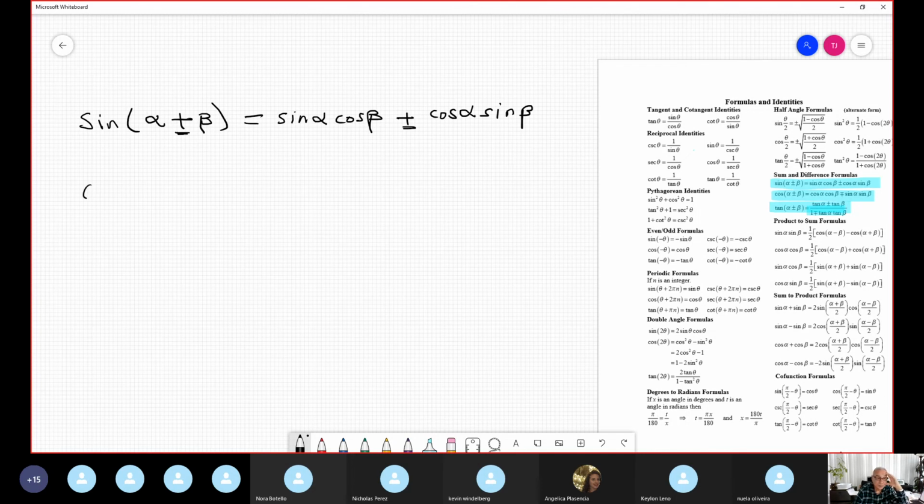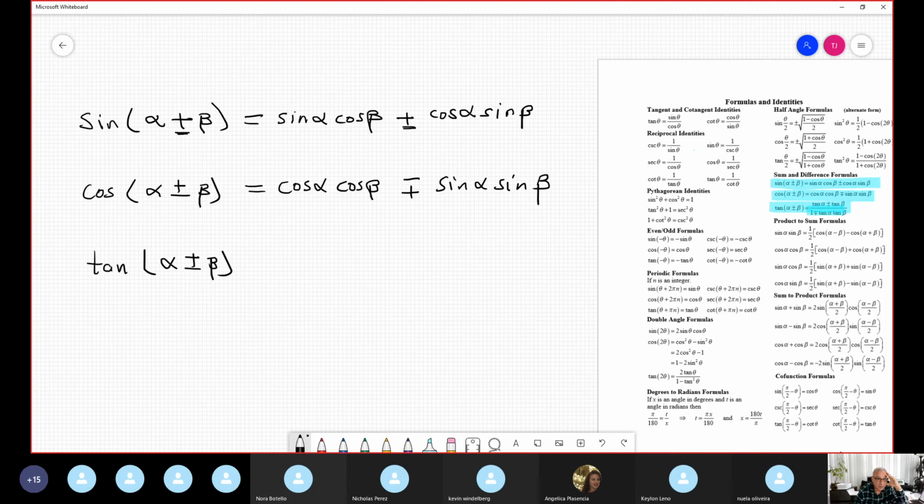En cosine, no. En cosine of alpha plus and minus beta is cosine alpha cosine beta, minus plus, like completely the opposite sign. So you see plus here is minus, you see negative plus, sine alpha sine beta. And tangent of alpha plus and minus beta is more complicated. The formula is tangent alpha plus and minus the same sign, tangent beta, divided by 1 minus, opposite sign, minus plus, multiplication tangent alpha tangent beta.